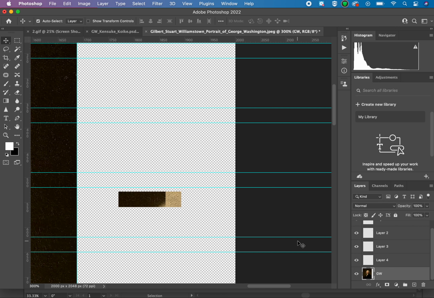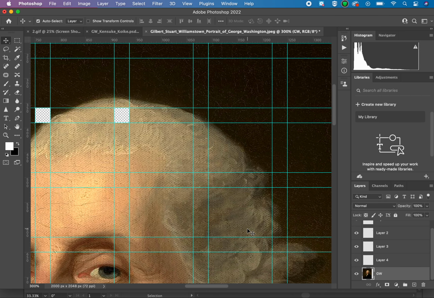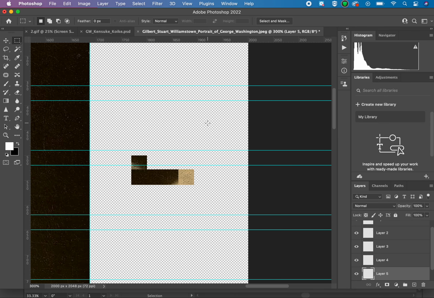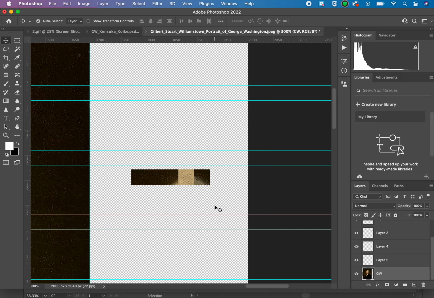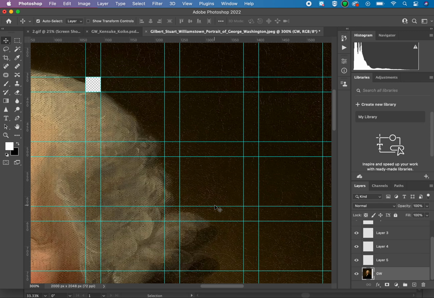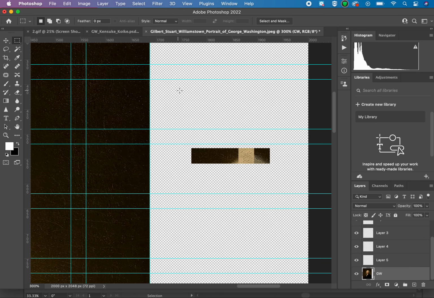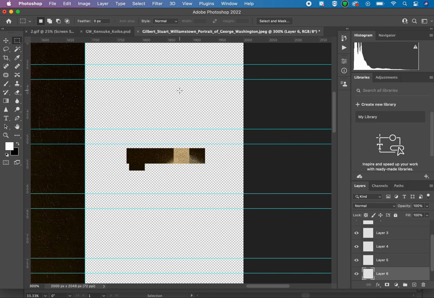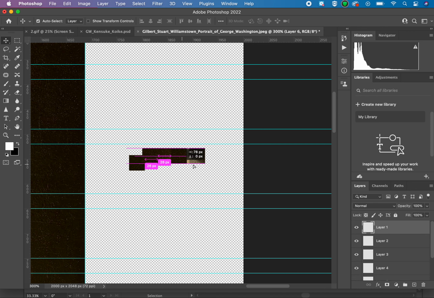Back to the GW layer, scroll over, M for marquee, click and drag, Command X, Command V, actually I'm going to do Command V over here, Command V, there it is, V for the move tool, there it is. I go back to the GW layer, scroll over here, this will be my last row, M for the marquee tool, click and drag, Command X, scroll over here, Command V, V for the move tool,